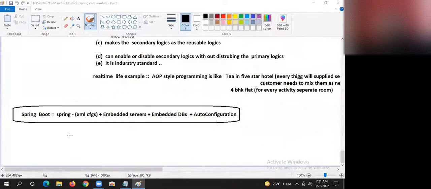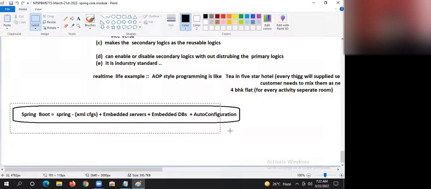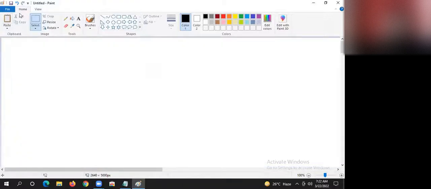Okay, guys. Lastly, what I said, guys, Spring Boot is Spring plus plus, nothing but Spring minus XML configurations, embedded servers, embedded databases, and auto configuration. Today I'll spend a few minutes on auto configuration. Then we will move to our Spring core module, guys.